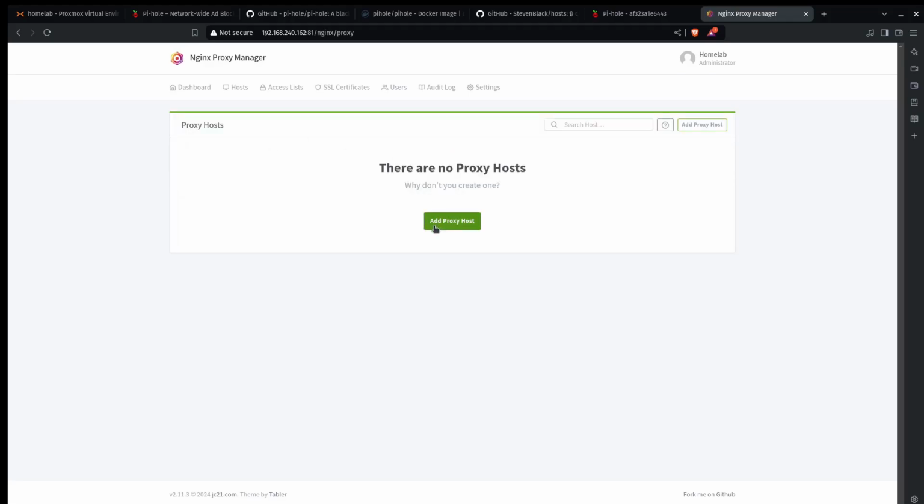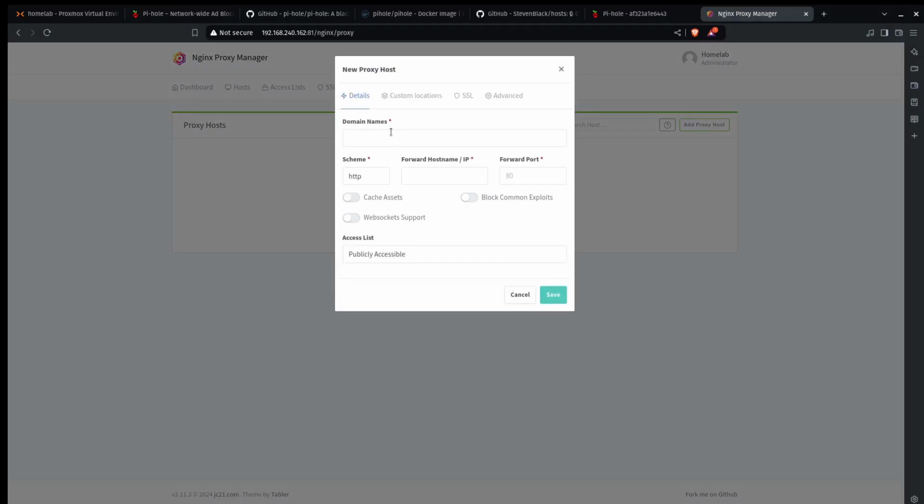I'm going to add a proxy host. I'm going to call this one dns.hardwoodhomelab, and it's going to point right back to this same system. I put that on port 8080,